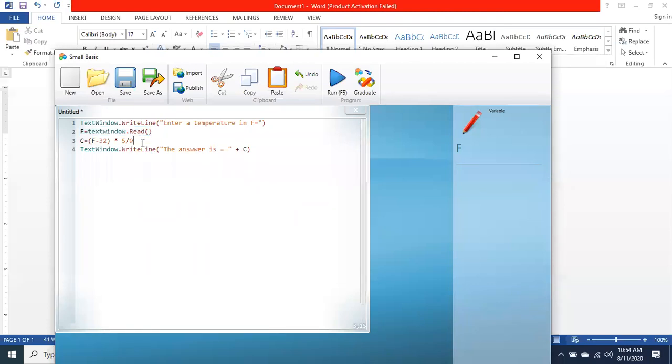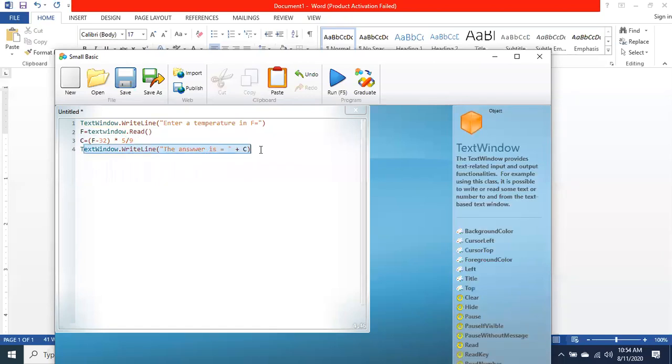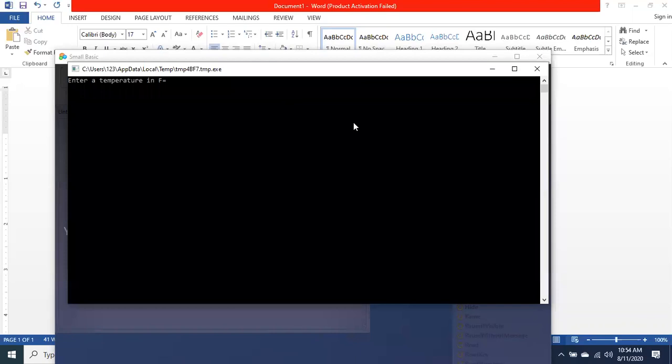And then we will say K, C is equals to F minus 32 into 5 upon 9. Okay. And then the value will be calculated accordingly and will be stored in C. Then text window dot write line, we are printing the value of C over here in this example. Acha ji. Now we should play it and we should see that it is asking the temperature. Okay, let me give 90. मैं 90 देता हूँ Fahrenheit में, and it is going to convert it. The answer is 32. So we are happy that the formula is working quite efficiently.